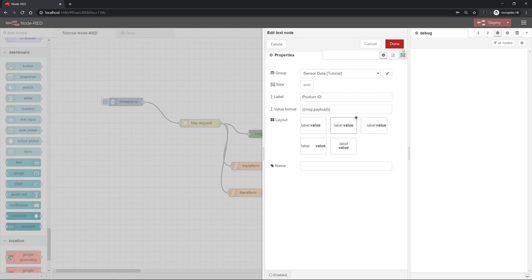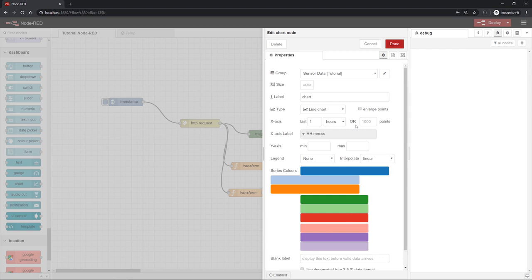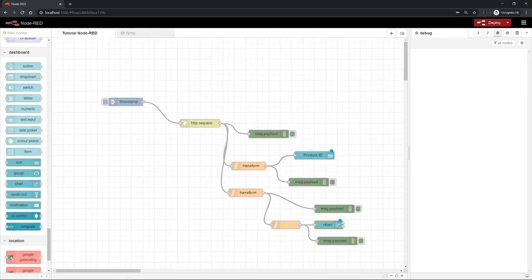To make it a little bit nicer, we can push this a little bit more to the right, and then I'm already done here. So next I can create a graph, for example, for our counter. For this purpose, you just need this chart node, attach it to our decimal output, and then on a double click you can edit this node. So here we already automatically selected the group which we assigned earlier, and we just keep this one for this one here. Click on done,